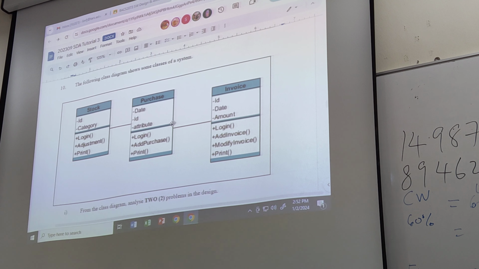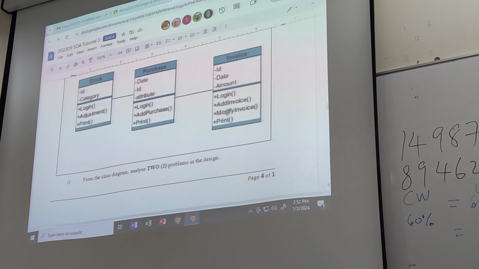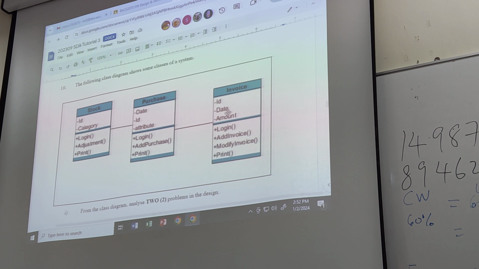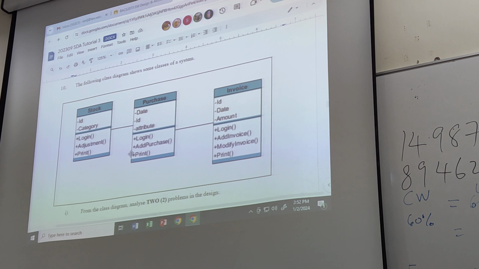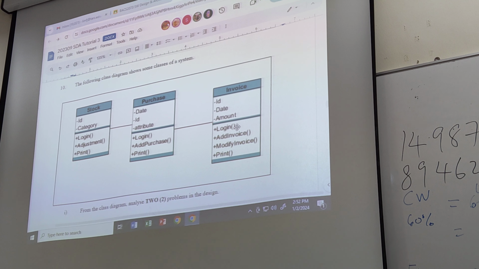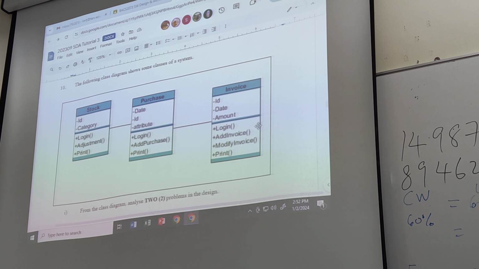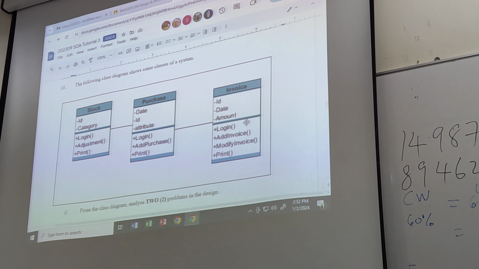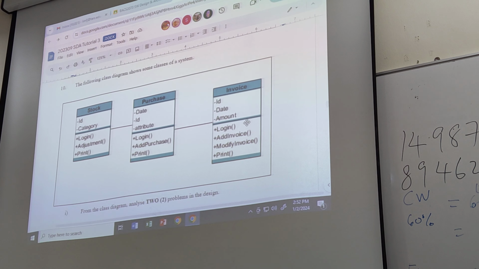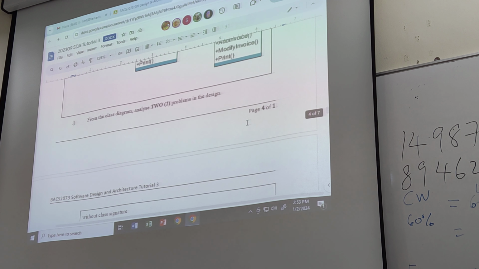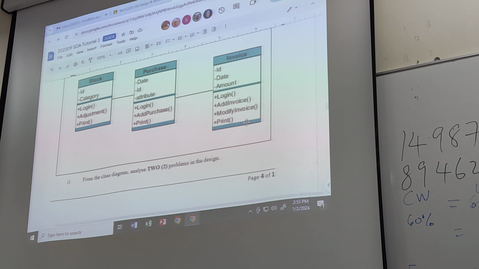Now number 10, stock purchase invoice. This is the problem here. What is the problem? In the design here, you can see login scattering appears in all the classes here. Can you see that? It's a cross-cutting concern. You see that login happens in stock, in purchase, in invoice. So it's not a good practice. So it's scattering, and then the other problem is